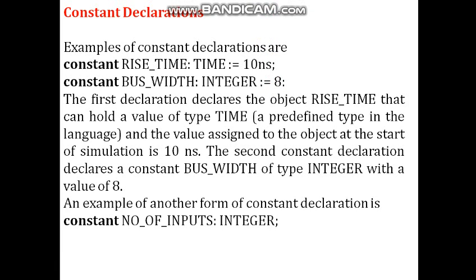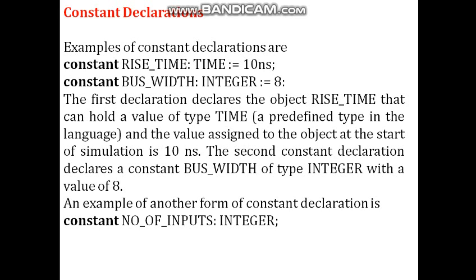In the last video we started an important topic, the behavioral fundamental elements. There are basically 5 fundamental elements that we have to study. Among them, the first two we already covered: the first is the identifier and the second is the data object. Now in this video we will go to the third, fourth and fifth.